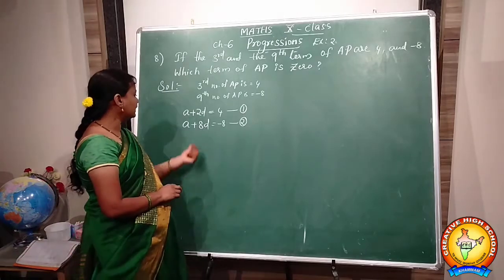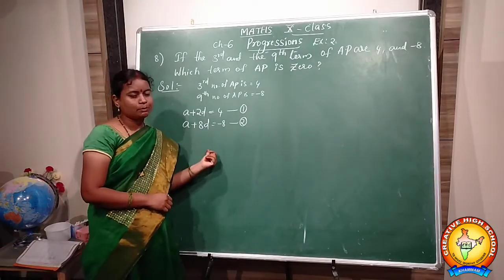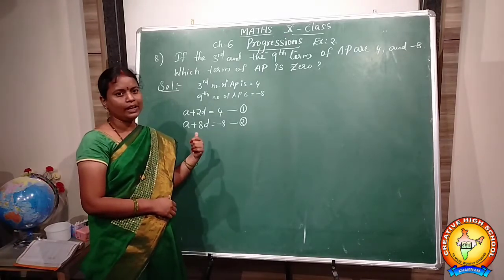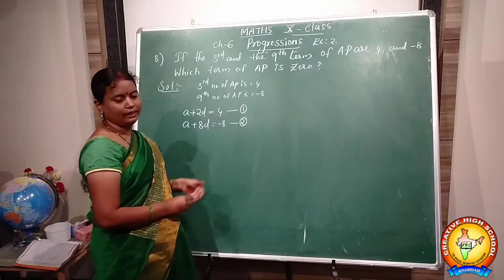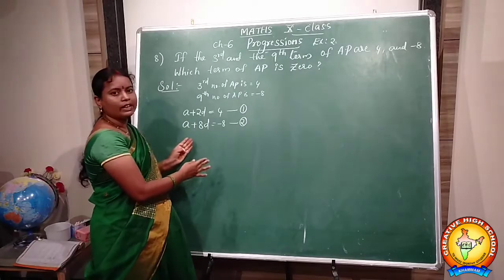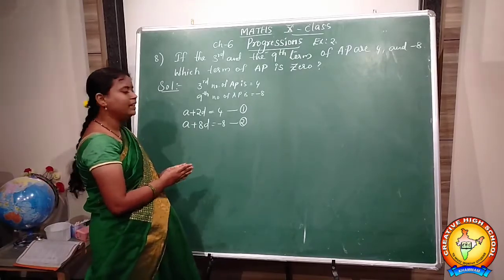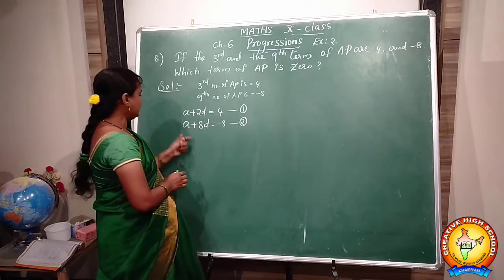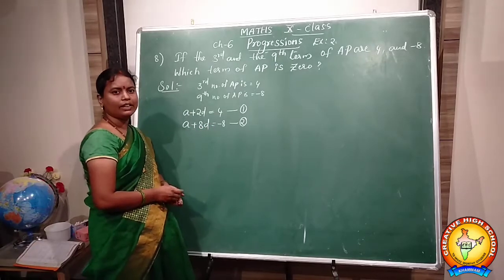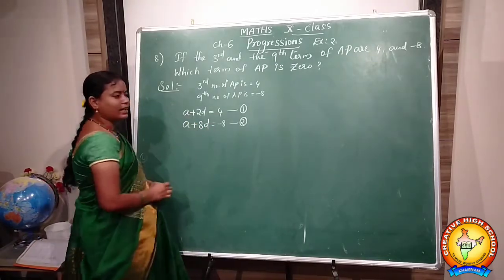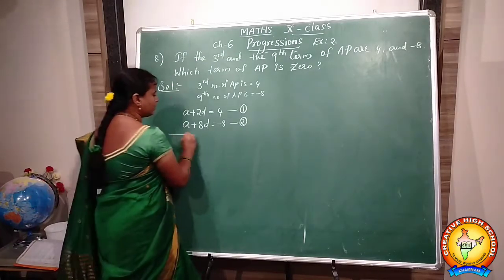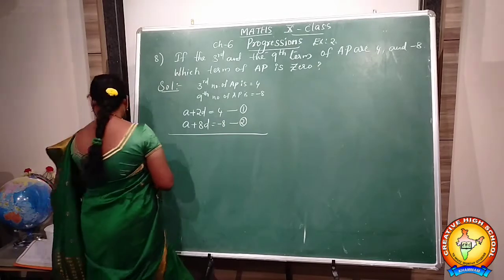Okay. So let us solve these two linear equations by the elimination method, which we have learned in the 4th chapter. I will explain this elimination method in the next class. Now see here, in these two equations we have to try to cancel any one variable, either A or D. Then we can get the other variable's value. Here I am trying to cancel the A term. For that we have to do the subtraction, then only we can cancel.